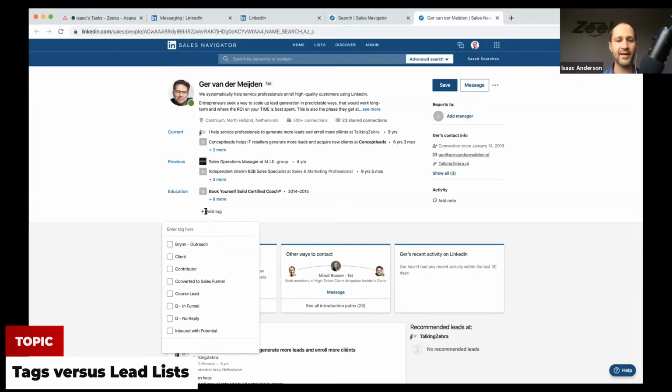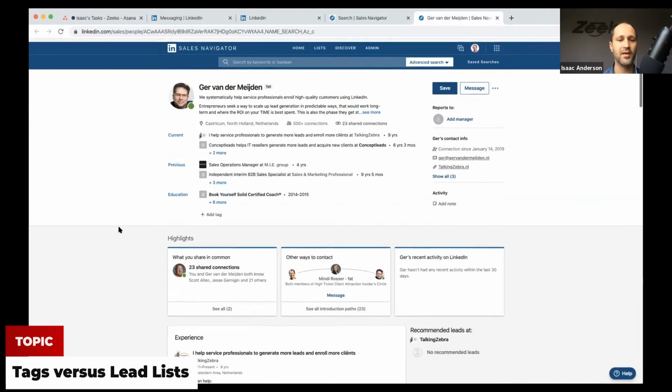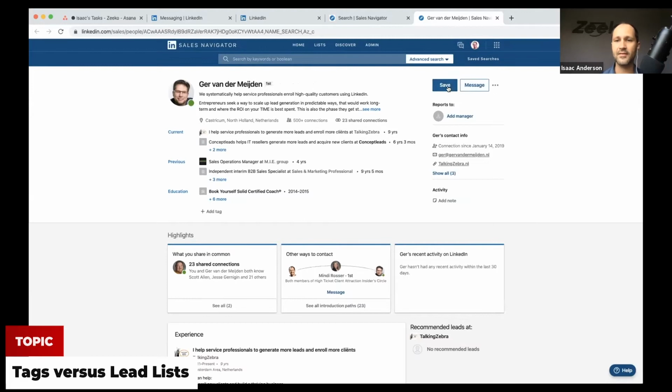So there's a tag, and then I'm going to mess with these, this is just for demo. So there's tag, and then there's a lead list. So save, and then we have some lists here, and then you can create lead lists. Those are the two main ways on Sales Nav that you organize people: tags and, for individuals, lead lists. Feel free to jump in if something's not making sense. Because on Sales Nav, there's a lead list and there's an account list. An account list is a list of companies. A lead list is a list of individual people.